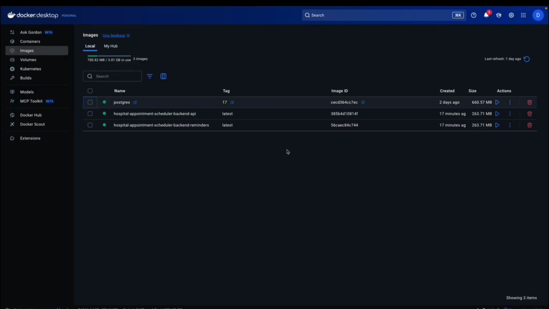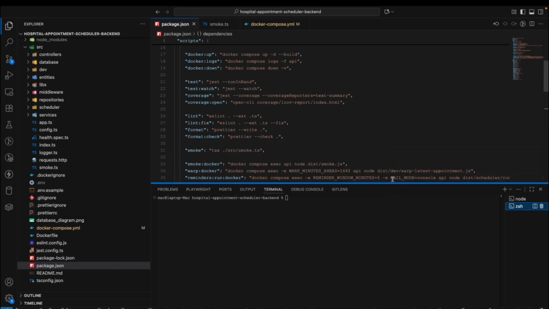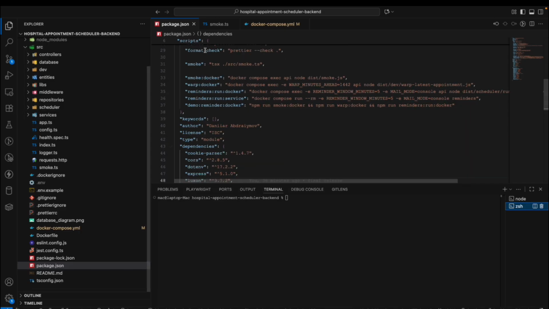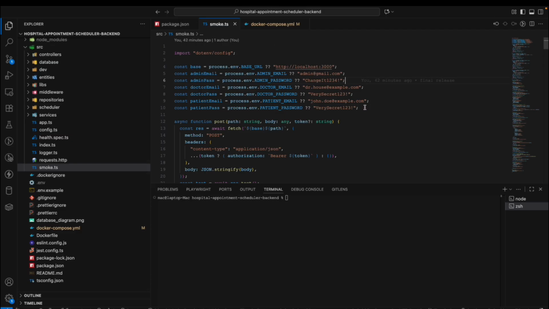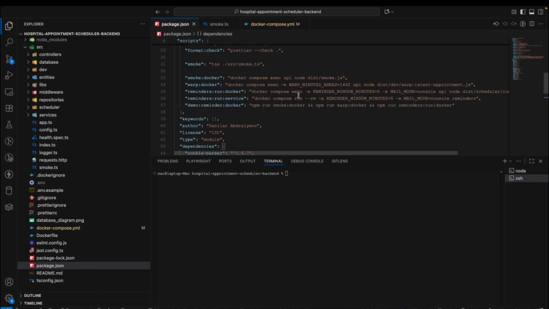And to go further, to test the endpoints more efficiently, so that you don't have to manually add the body and the header and copy paste the access token, I made one smoke test which actually accesses each user. For example, you can sign in as an admin, and you can check all the endpoints' happy path automatically. Smoke test is just an end-to-end test for the backend, so it does everything automatically. So let's go